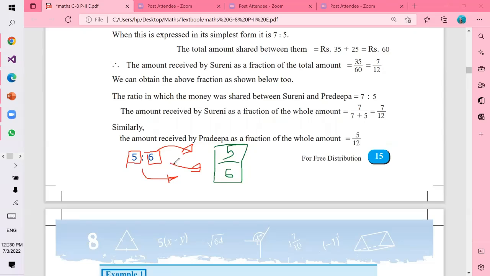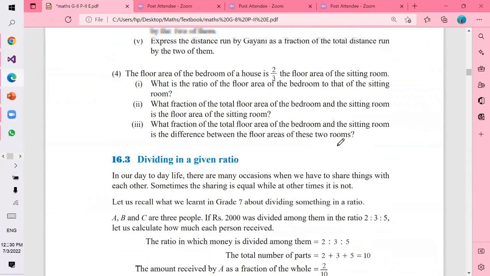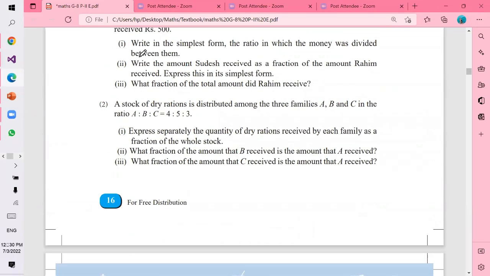That is how we convert ratios into fractions. Okay? Yes. So let's see the questions. Oh, and another thing, that is how you turn a ratio into a fraction. Then if we give like this, for example, let's say that